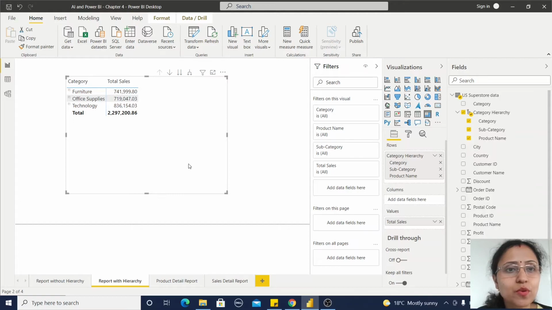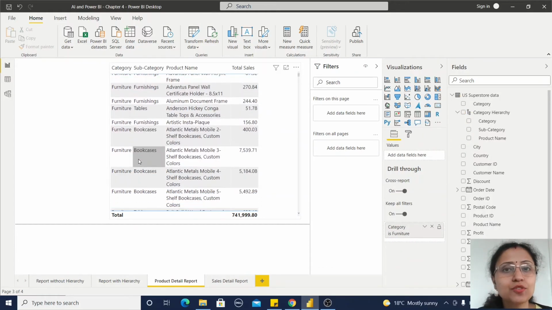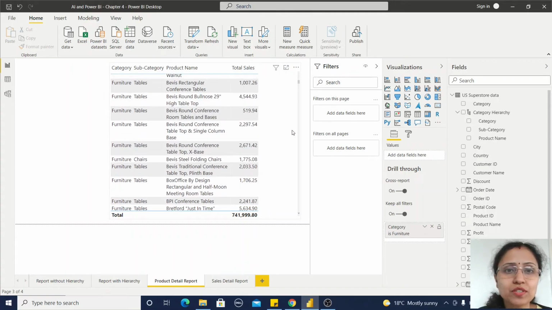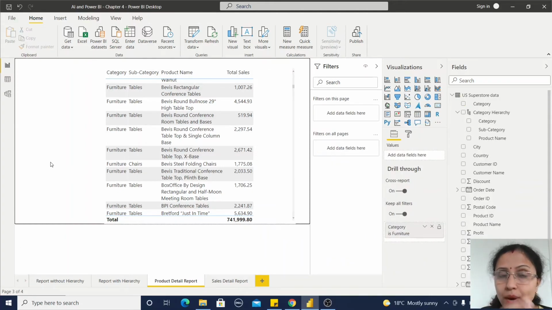I'm clicking on this product detail. If you observe, I've selected only furniture, so my furniture informations are available here. In this way I can drill through from a column, which is a dimension column.